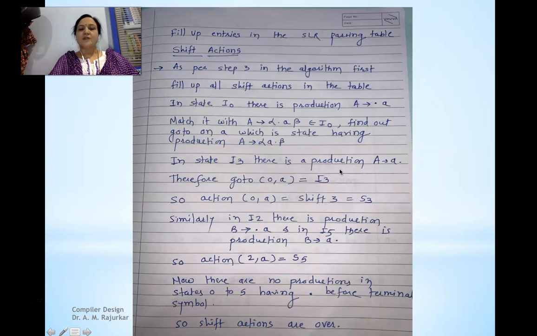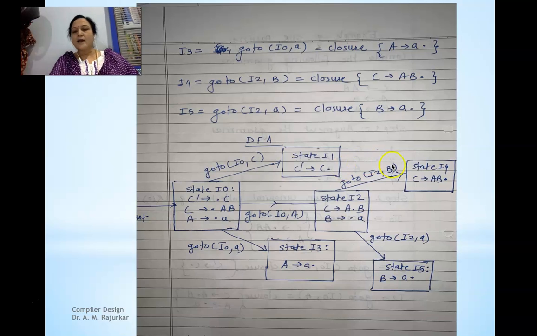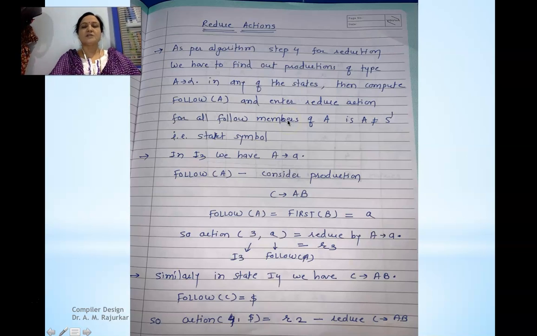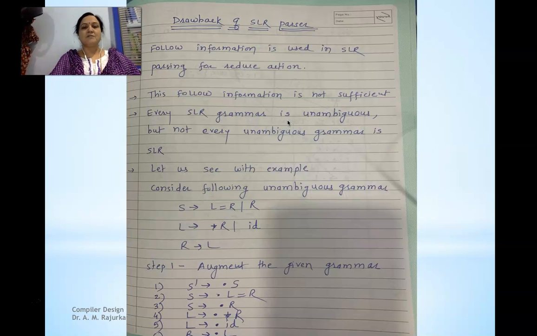See that after I4, do I have a production where a non-terminal is after the dot? No, this is a complete item. So we have to stop because all the states are over and go to entries we have filled up. So this is finally our SLR parsing table. So the action table we have filled with shift, reduce and accept actions, and the go to table we have filled with the transitions in the DFA on non-terminals. This is how we fill up the entries in the SLR parsing table.